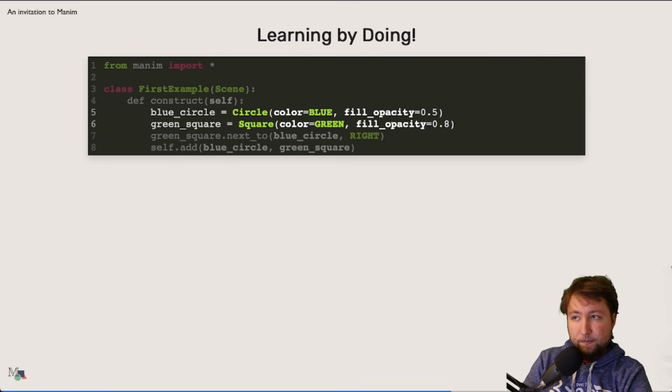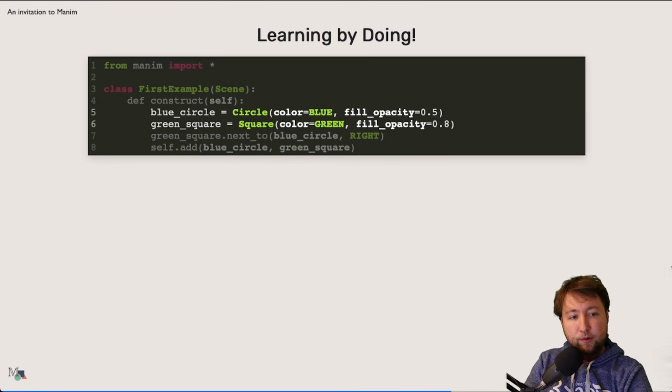One is a circle for which I pass the color blue and the fill opacity of 0.5. You can see that these capital letter constants, BLUE, GREEN, you'll also see right in a moment, these are also provided by Manim, just as the classes Circle and Square are. Those are mobjects. Those are the things that you put on your screen.